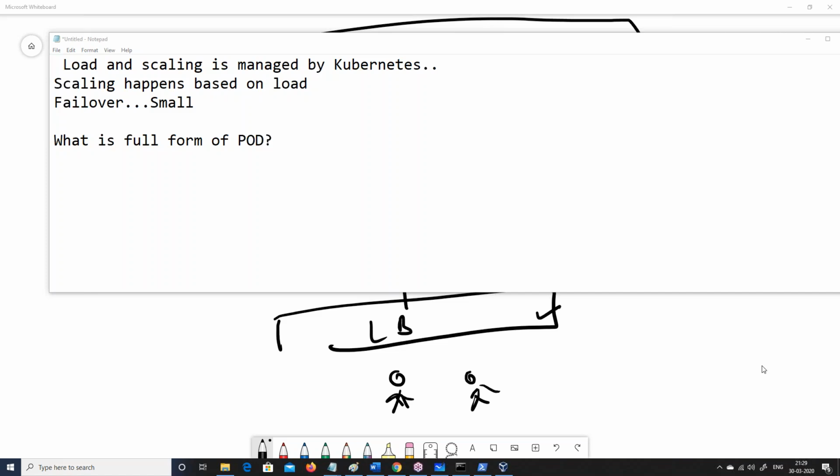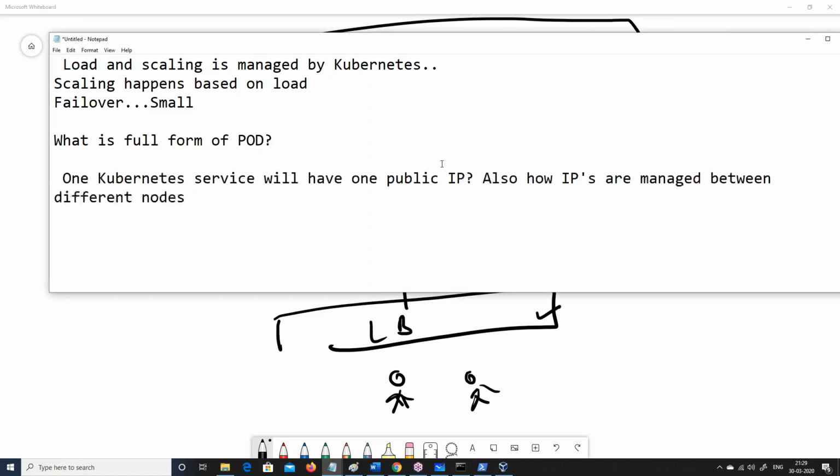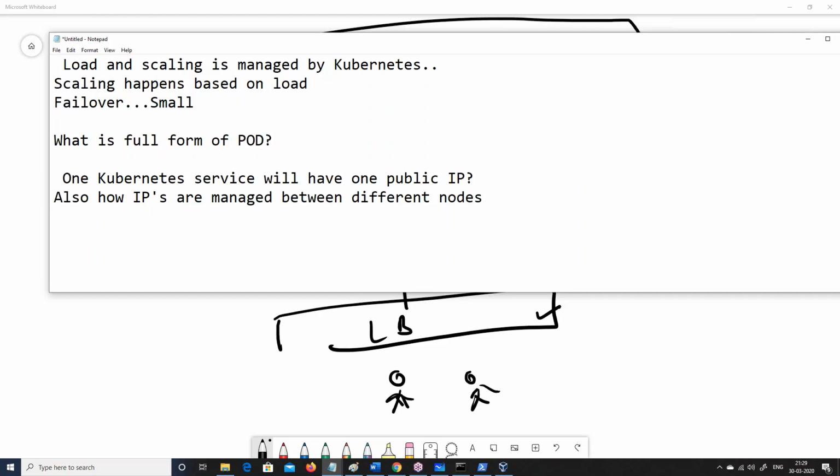One Kubernetes service will have one public IP, and how are IPs managed? Good question, let me answer this. No. One Docker image which you are running, a Docker container, should have an IP. Remember yesterday when we ran the command, we said this is the port number and it will be mapped here. So I will say that this access of the IP will be more on the container level.